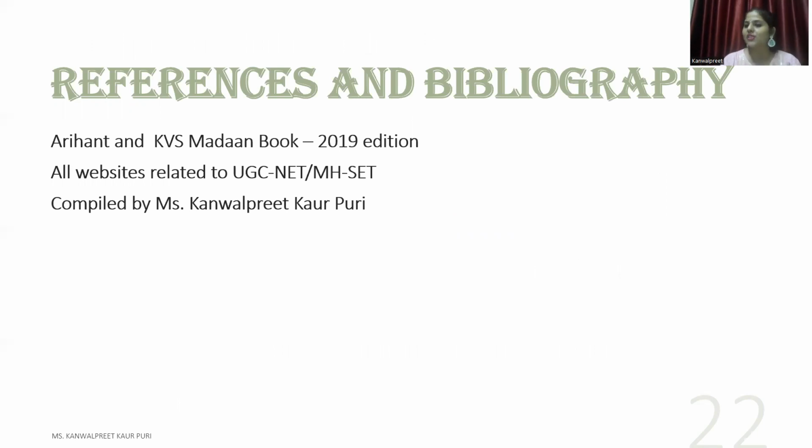So you need to enter UGC NET examination, the year, and your subject paper. Suppose you are from commerce. When you check the commerce paper, in that commerce paper only, you will have your paper 1 as well. Okay, so this is where I've taken the content. It is always advisable to give the references and bibliography, because as we all know, we are studying research also, where unethical practices have become a very big issue. So always give your references and bibliography. It is just compiled by me and explained by me.